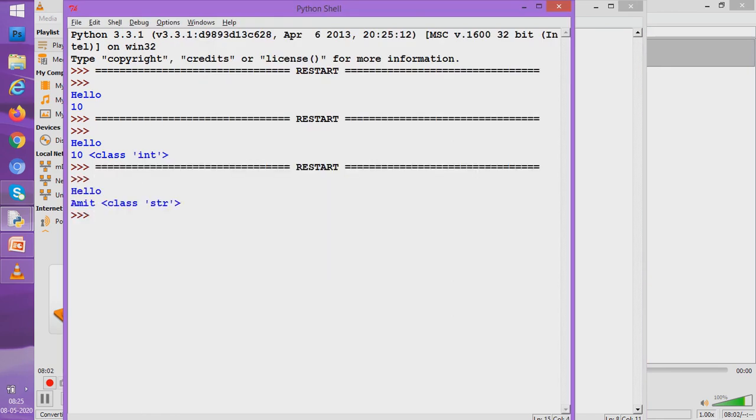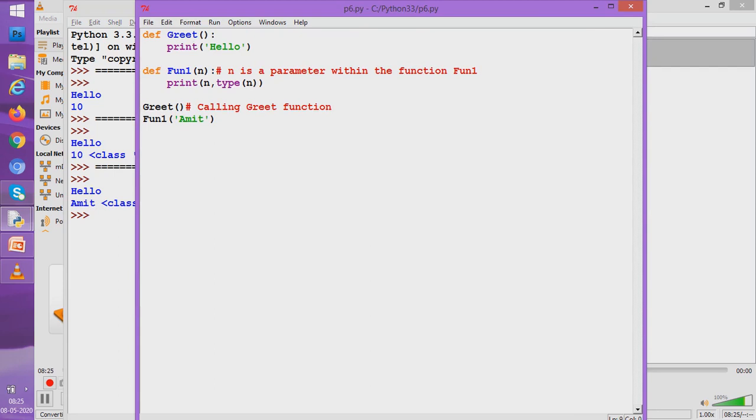See, the type of Amit is string and it is actually being referred by the parameter n. N is a parameter. It is actually a variable. Because it is within the bracket of the function name, it is called a parameter. So students, what did you see? The type of the parameter depends upon the type of the value you pass to it.